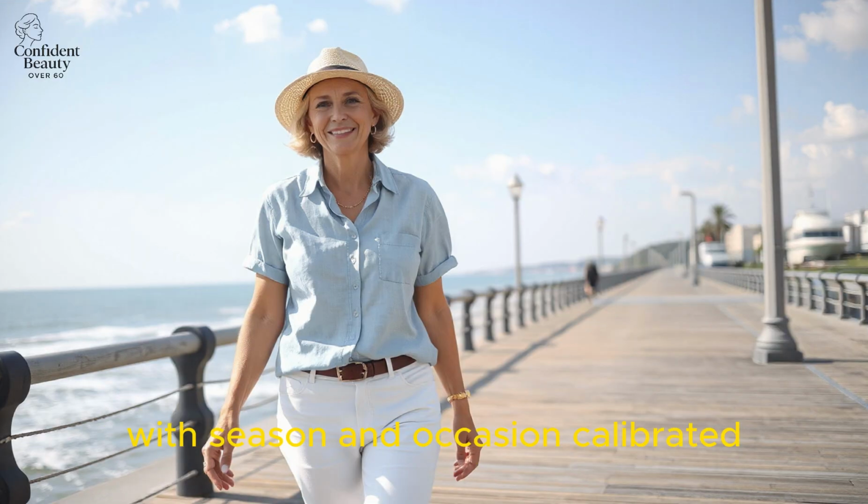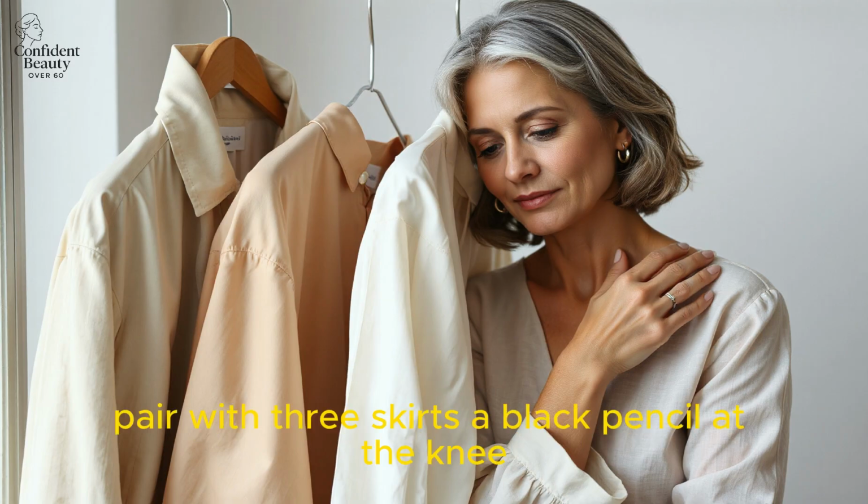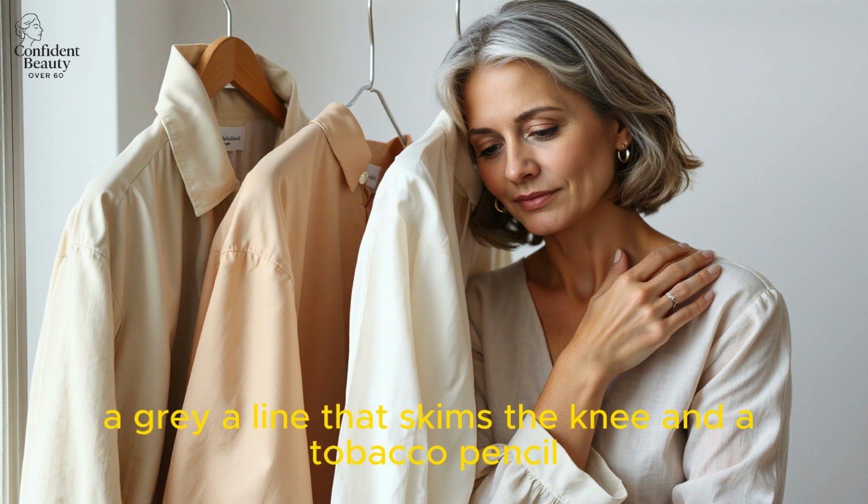With season and occasion calibrated, the next step is to lock a tight 7-day capsule so you rotate effortlessly and look consistent all week. Build a 7-day capsule that delivers 10–12 polished looks from a tight list of pieces. Anchor 5 blouses: an ivory silk v-neck, a beige cotton button-down, a blush solid, a fine blue-gray pinstripe, and an olive shirt collar style. Pair with 3 skirts: a black pencil at the knee, a gray A-line that skims the